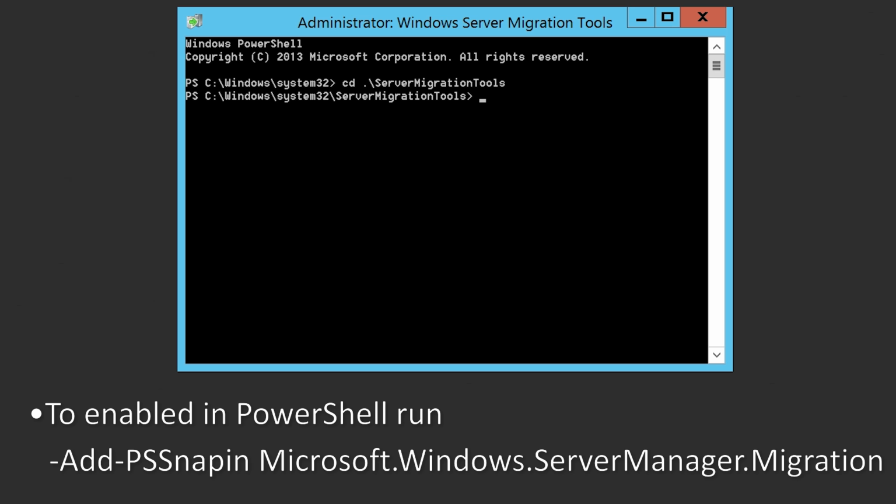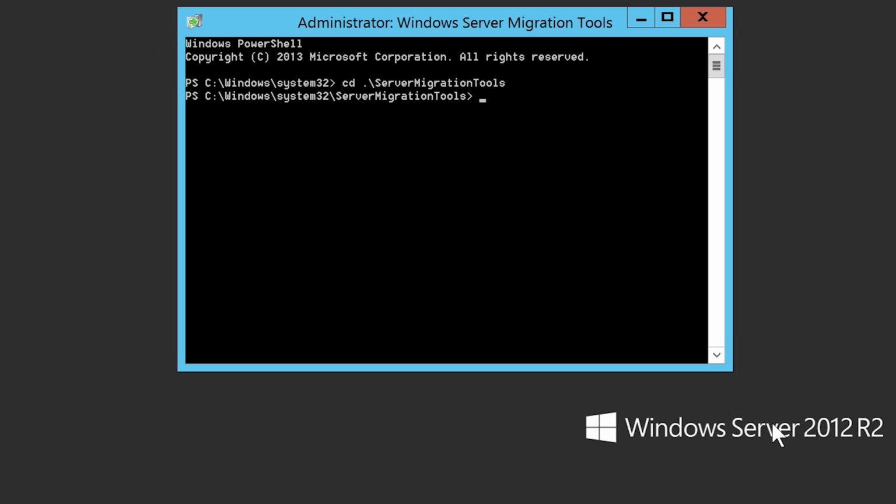Essentially, the shortcut runs this command for you. In order to transfer the roles from one server to another, I first need to create an install package that can be used on the source server, which in this case is Windows Server 2003. To do this, run the command smig deploy with the parameters